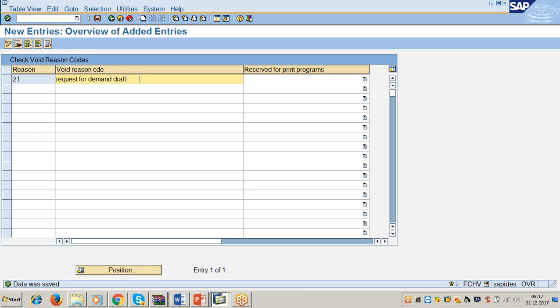We take back the check already issued. We cancel that check. Before issuing the demand draft, we have to cancel the check, no? So at the time of cancelling that check, we have to enter this reason. Clear? So like that, there are many reasons wherein we may have to cancel the checks. So all these reasons are to be created as void reason codes here.